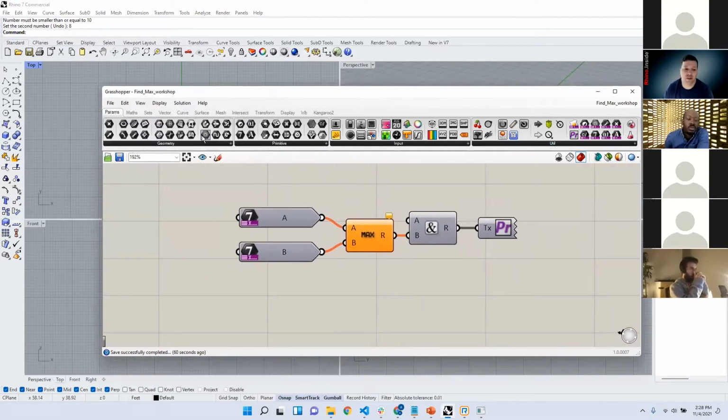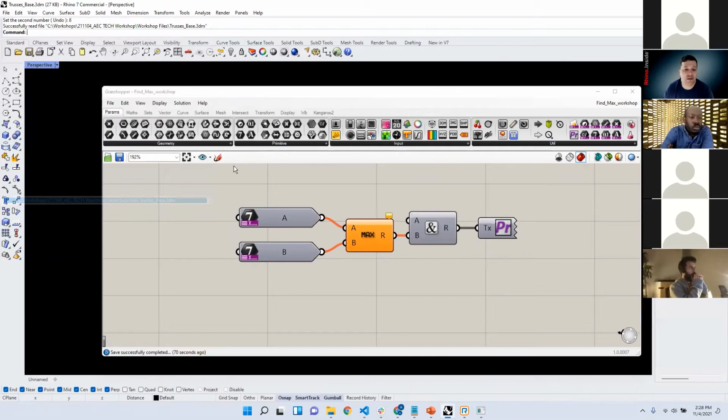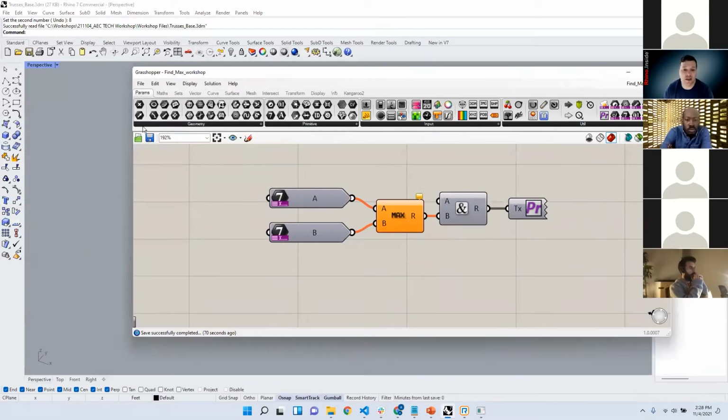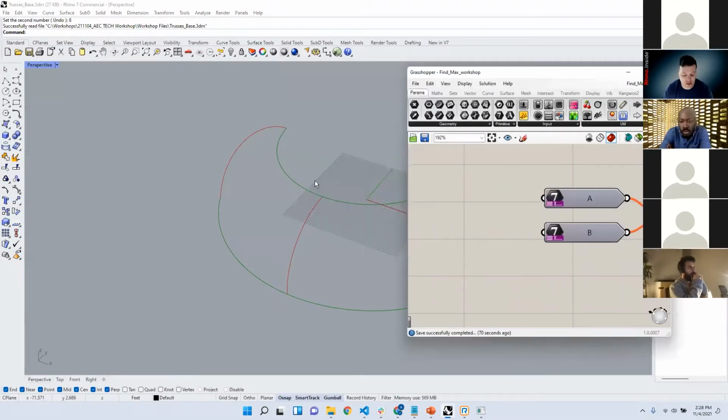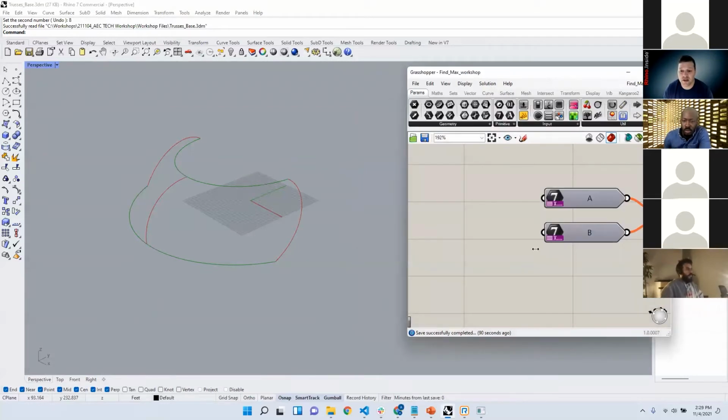Okay, perfect. So I'm going to look at a slightly more involved definition, and I'll see if I can move my screen around a little bit. So in the workshop files, I've opened this base file. It's called trusses base. And then there is a trusses base a definition here. And if I open that up,